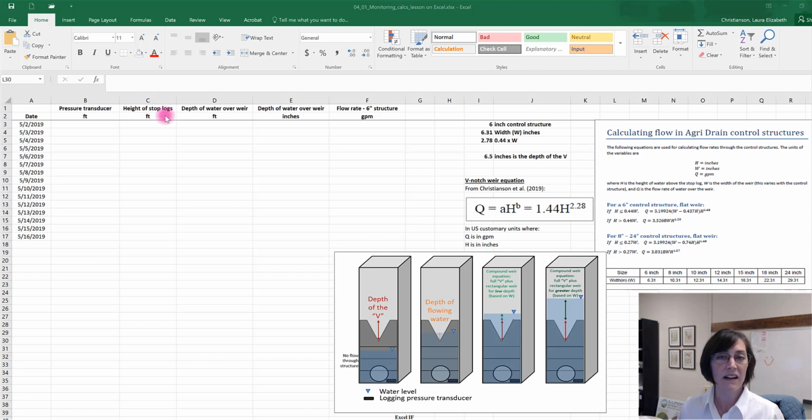We also need to know the height of our stop logs because this is essentially the height of the weir. So we need to subtract that out from the pressure transducer total depth data that gets recorded. We'll be calculating the depth of the weir in feet first, and then we'll have a simple conversion to inches. And then lastly, we'll use our Weir equations in column F,